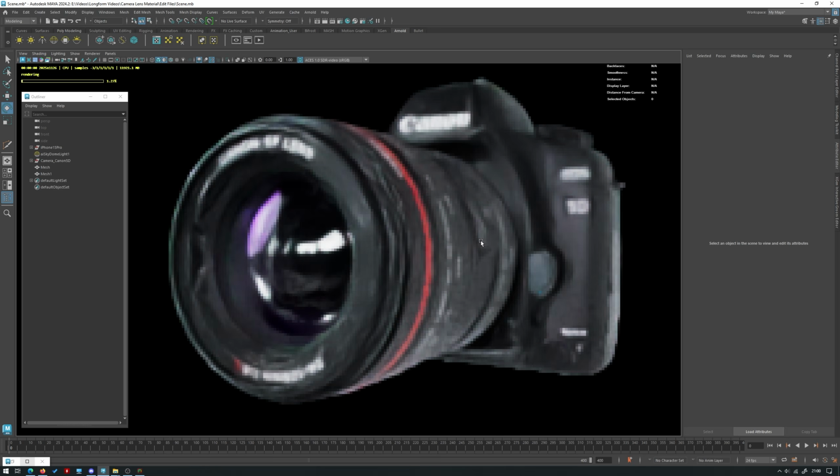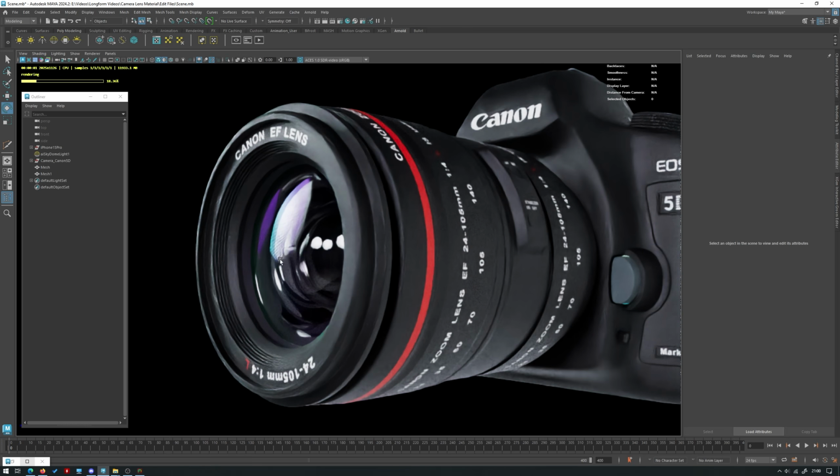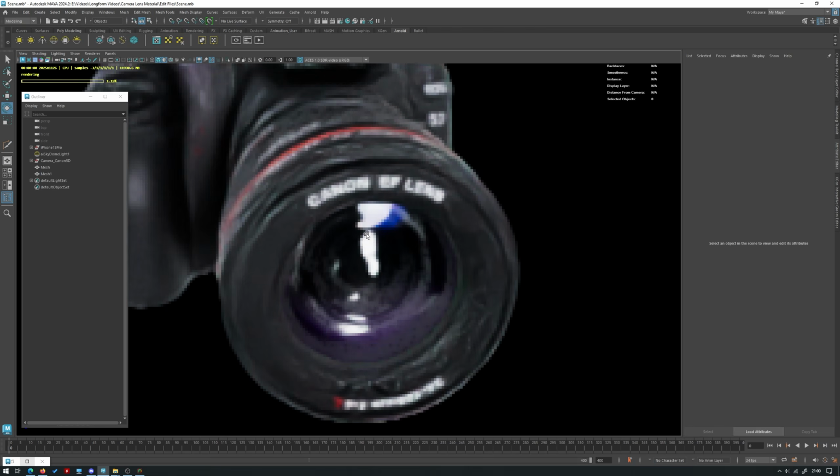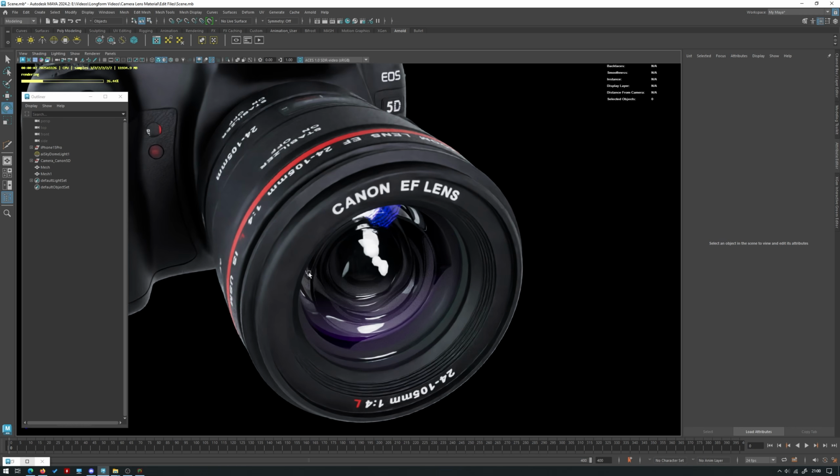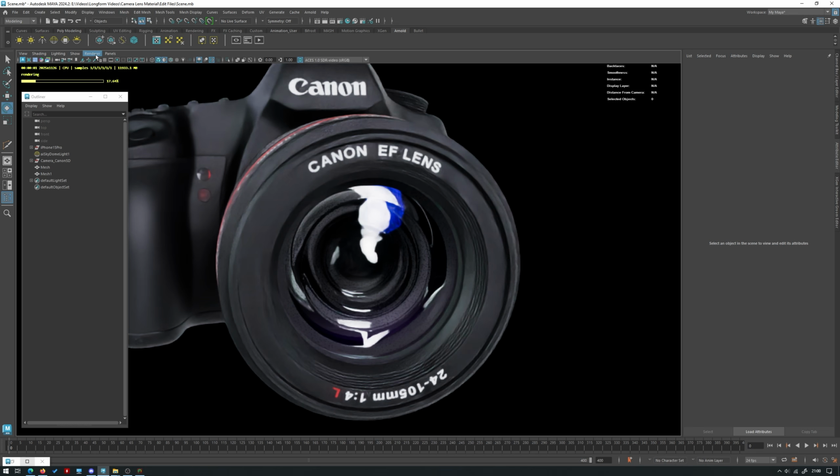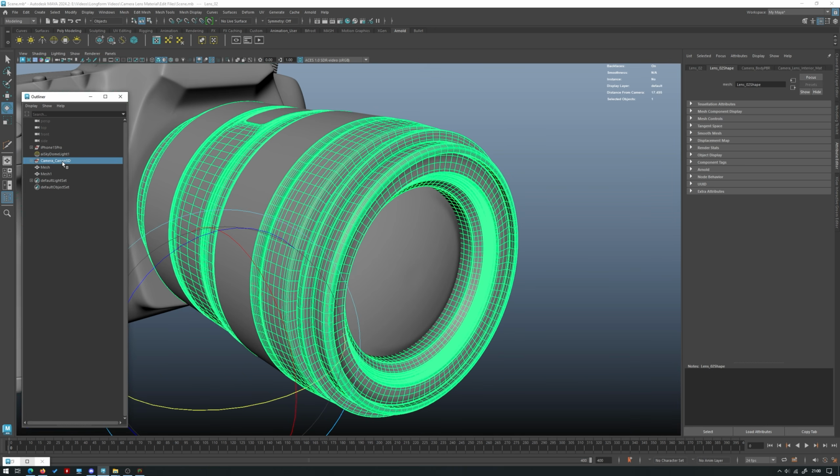In today's video, I'm going to show you how you can make a camera lens shader where it's kind of iridescent, think blue, purple and green depending on which angle you look at it from, like this. It's really quite simple, but one caveat to this, if I just pause this render and then hide this material,